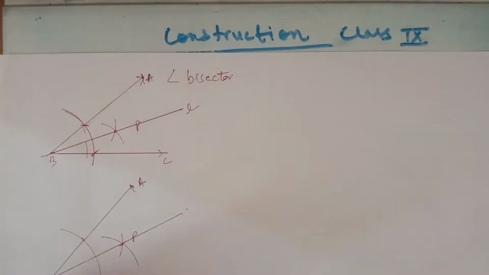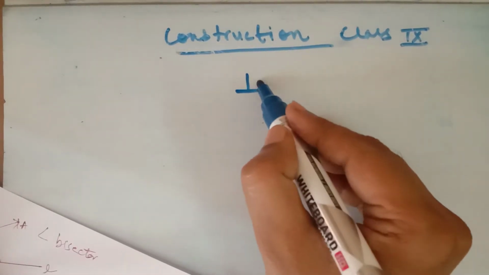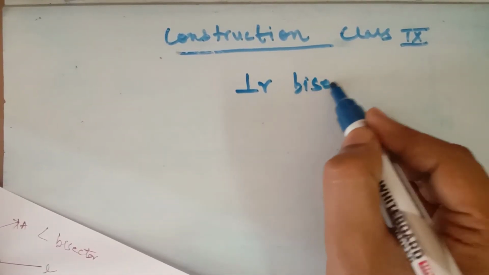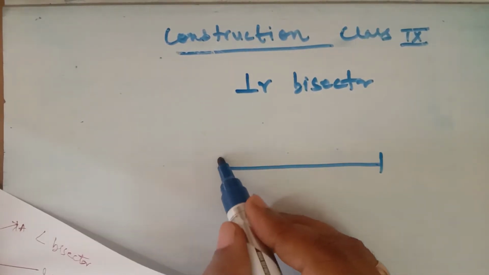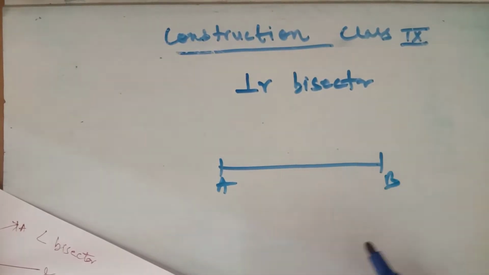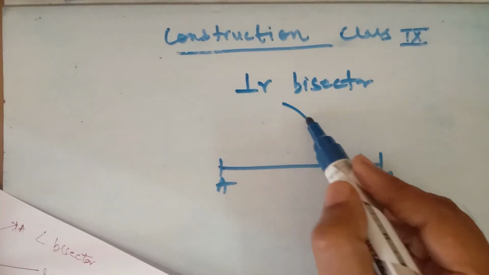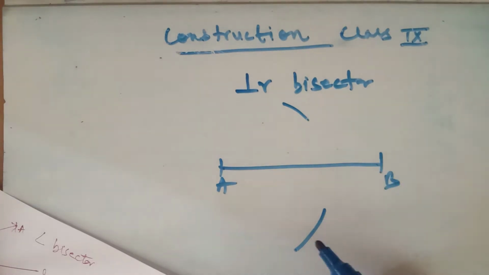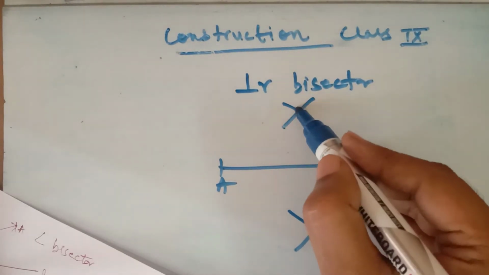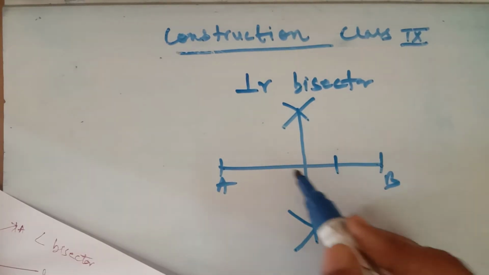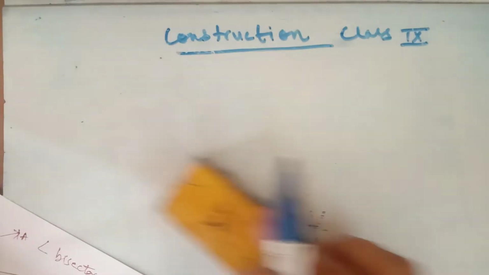Now after that, to draw the perpendicular bisector. What is the meaning of perpendicular bisector? Perpendicular bisector is the line segment which divides the line into two equal parts and is perpendicular to it. Suppose you have to draw the perpendicular bisector of it. Take B as a center and any radius, draw 2 arcs opposite to the line segment. With the same radius from A, cut these 2 arcs, and when you join these points, this will be the perpendicular bisector of AB.